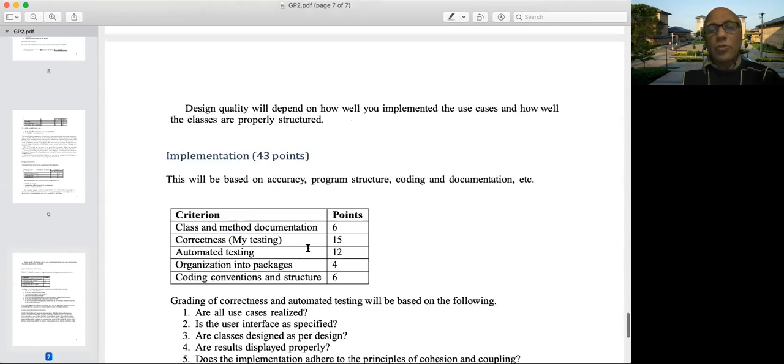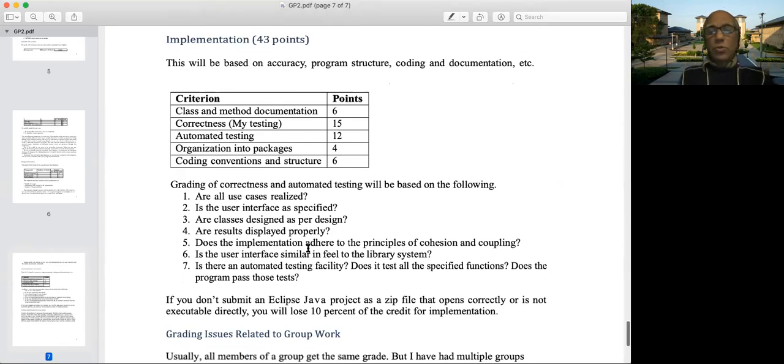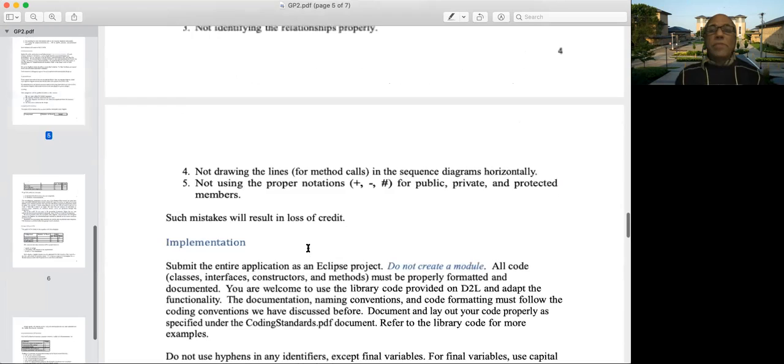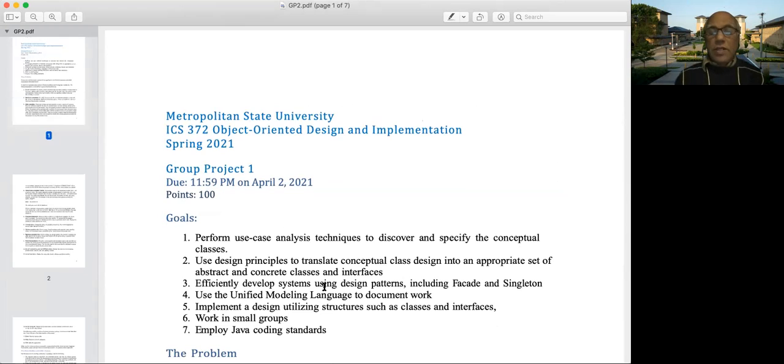And here is how I have said how I will be grading your stuff. So go through all that. And let me say